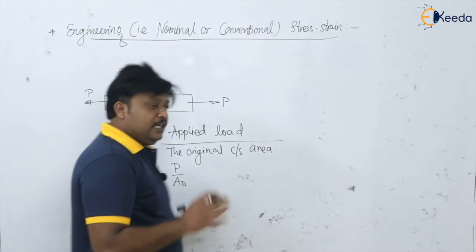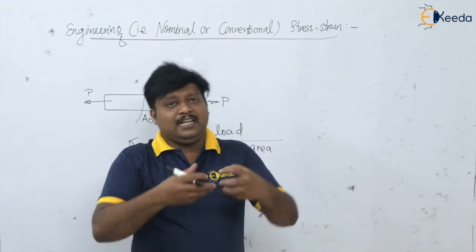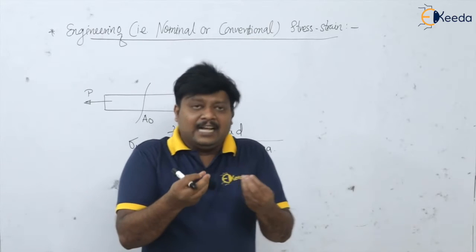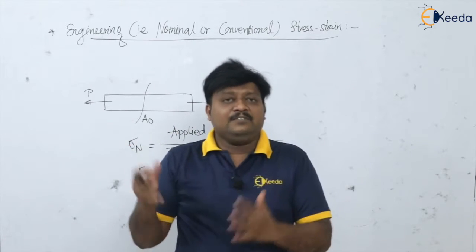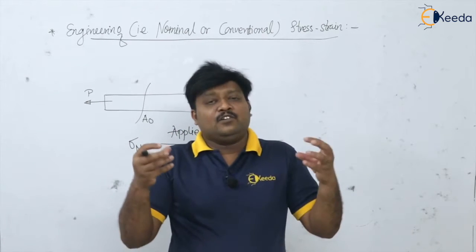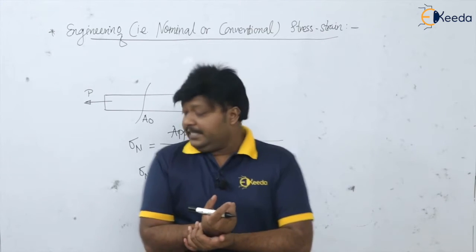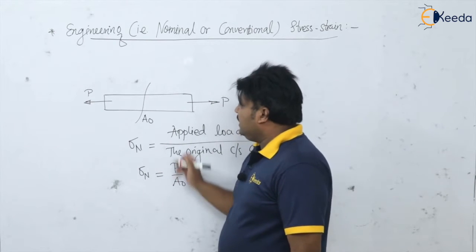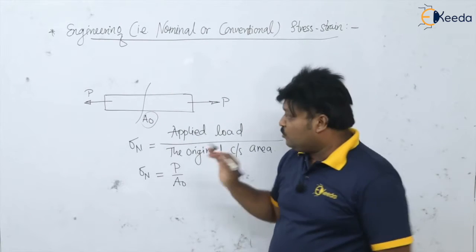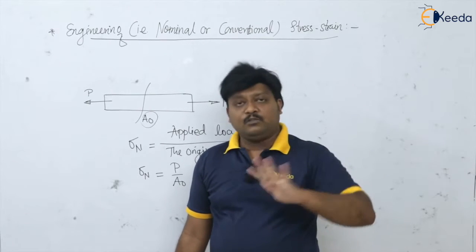Okay, so whenever we are assuming that, even though of course there will be the change in the area as we are applying the tension load, definitely the length is going to increase and the area is undergoing the reduction. And finally, if you talk about this mild steel stress and strain graph, there will be the failure after the cup and cone shape failure. So here, this nominal stress is calculated with respect to the original cross sectional area. Okay, we are assuming that the cross sectional area remains same throughout the tension test.